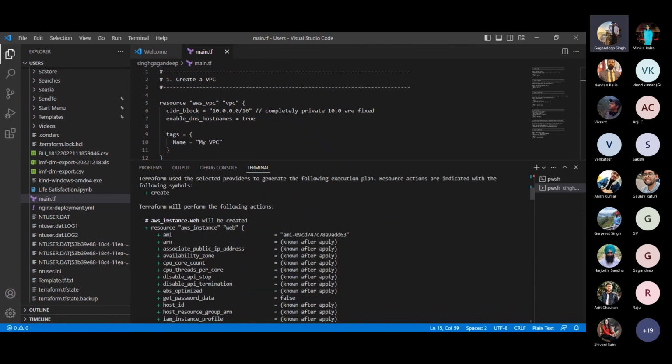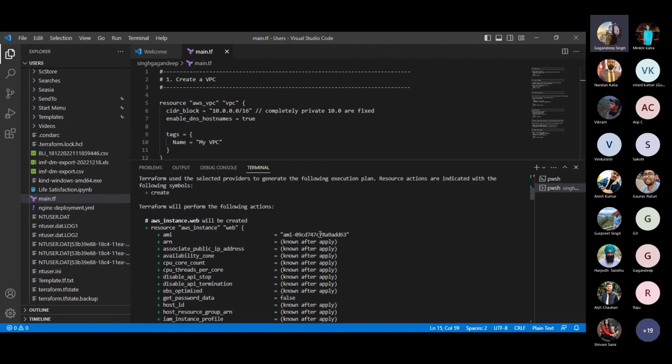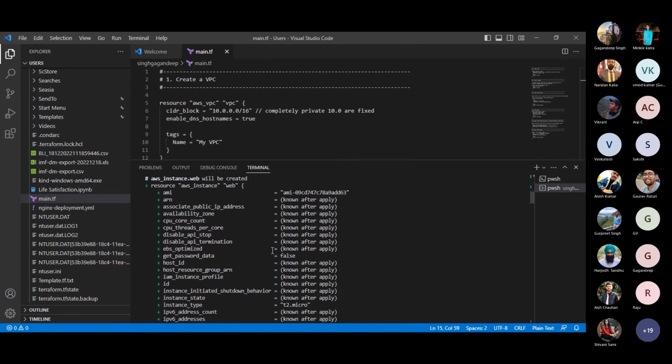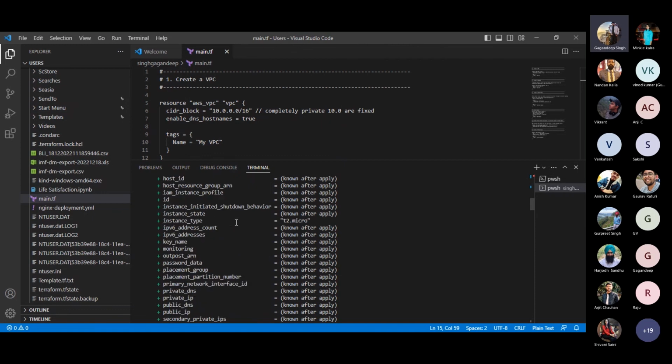It will show you everything that it is creating. We have already provided the AMI, as you can see the AMI ID over here. And these are the things that we can use but we are not using, so that's why it is written over here that it will get these things after we apply.